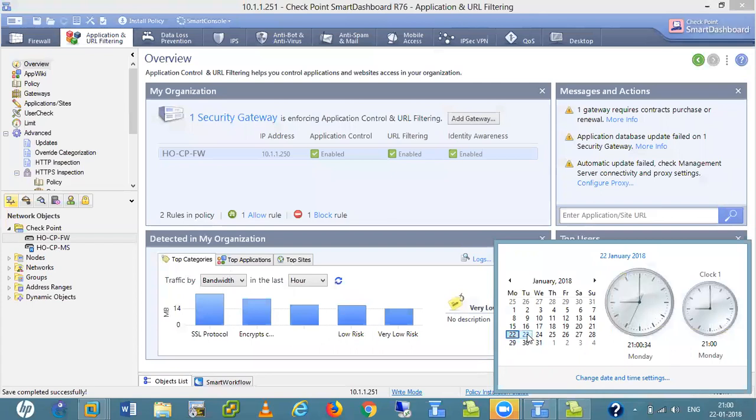Tomorrow I will show you high availability clustering on the 23rd and also on the 24th. We have 2 lectures on clustering. After that I will start VPN from the 29th, or maybe from the 30th. On the 29th we complete how we take the backup, licensing, basic things. This VPN will take around 2 days. After that I will tell you about anti-bot, IPS and all these things. So maybe by the 5th or 6th we will finish this class.